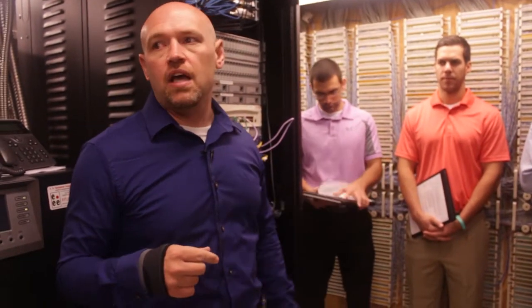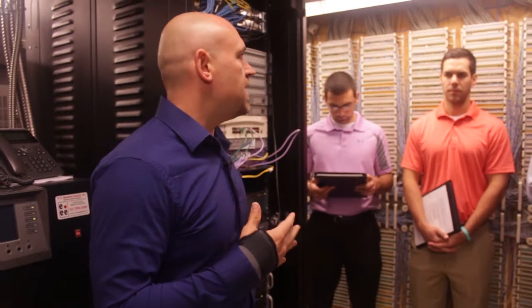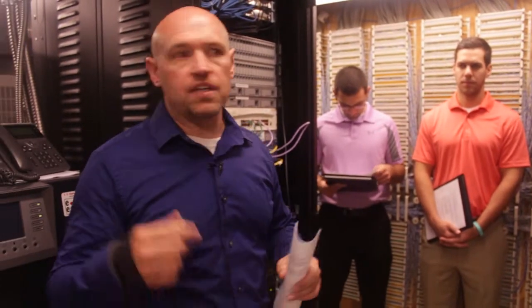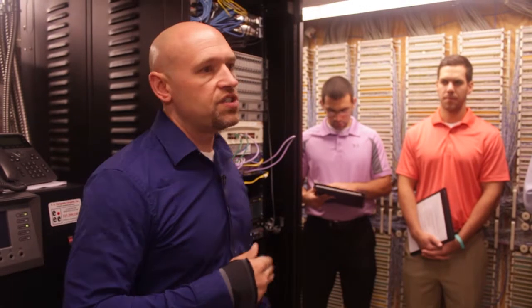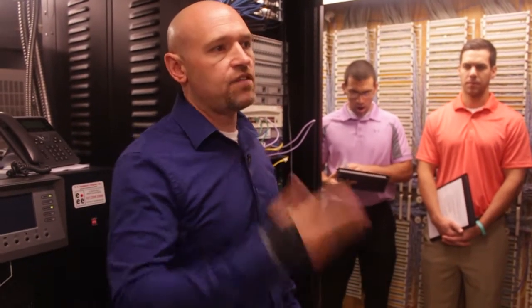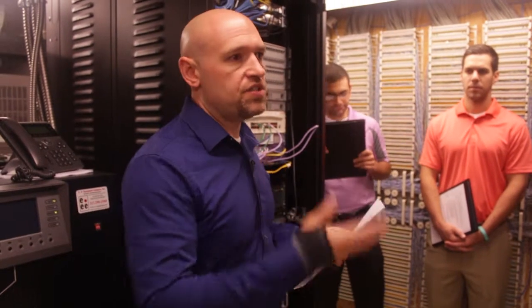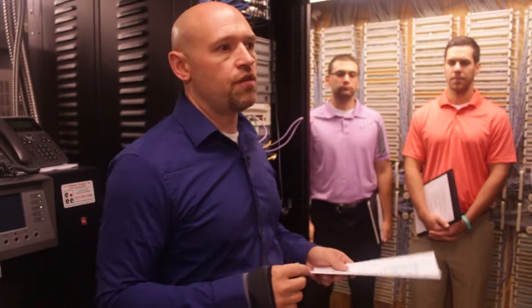The Unity Connection Server also provides menuing, so that if we've got some departments that may not have an administrative coordinator answering all the calls, or they may have a single administrative coordinator and no backup, they use a menuing system so that if it's after hours or if it's during the day and nobody answers the call, then the menuing system picks up and presents the caller with a list of options. That's also a function of the